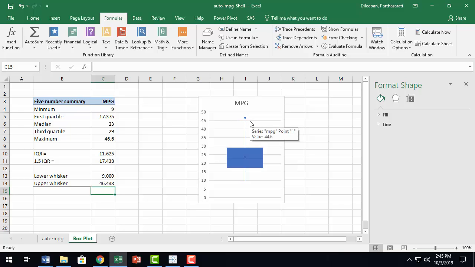44.6. There is a reason why it is not 46.438 and it is 44.6. That's because of rounding. When you have interpolation, you have to interpolate. I don't want to get into that, but approximately that's what that is. And then the maximum value falls outside, so that's your outlier. Okay. So this is the general idea. Okay. Now in